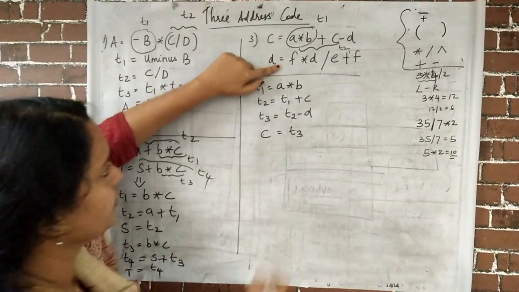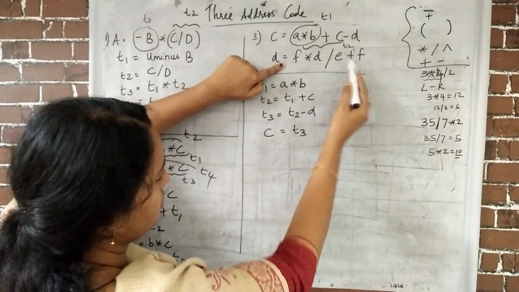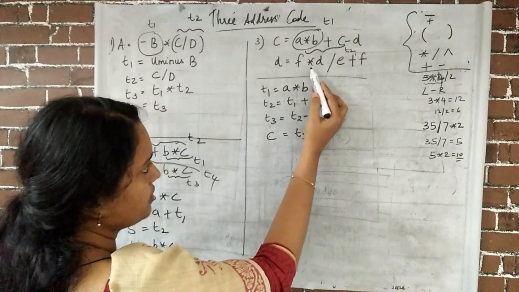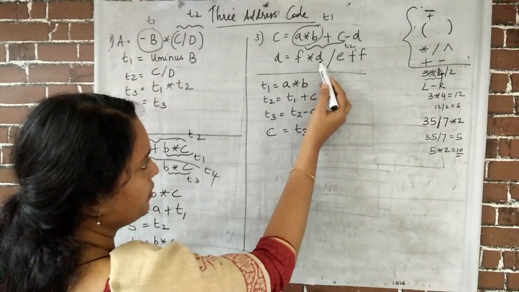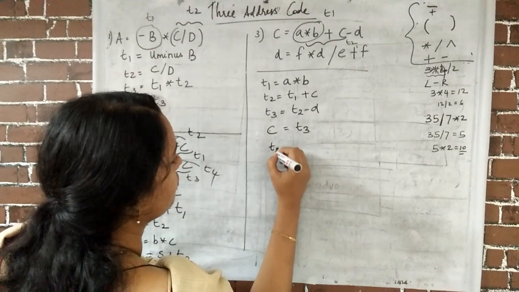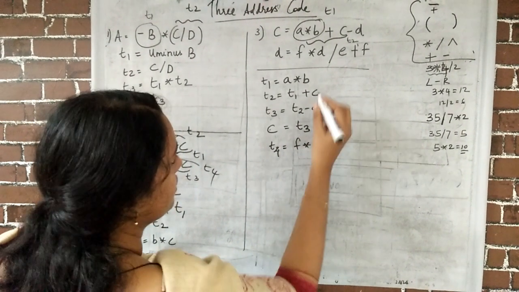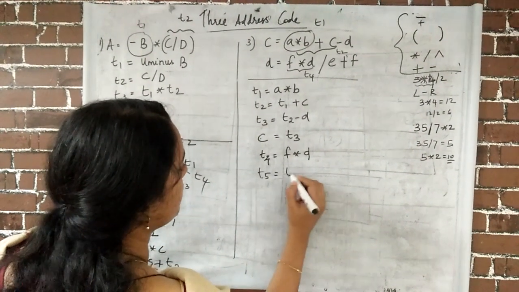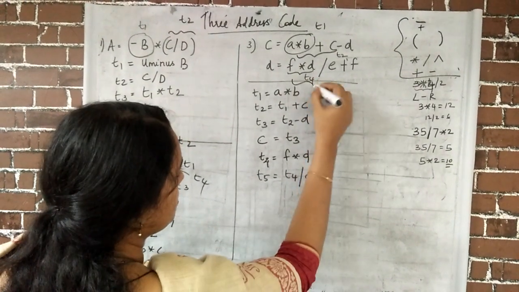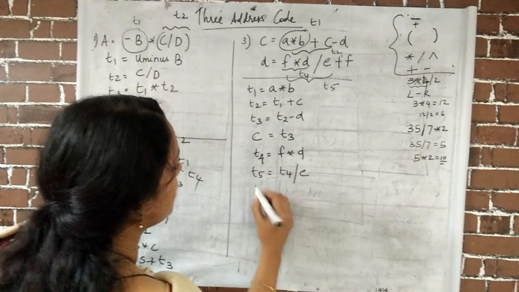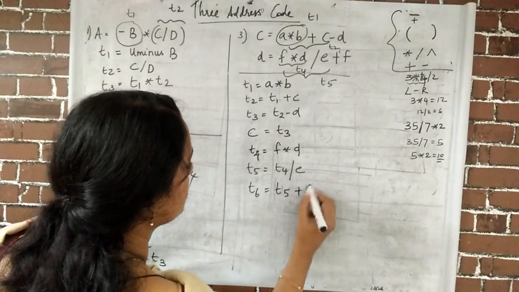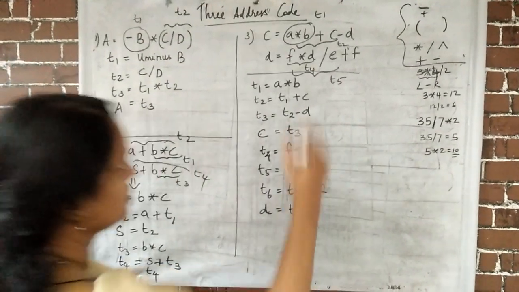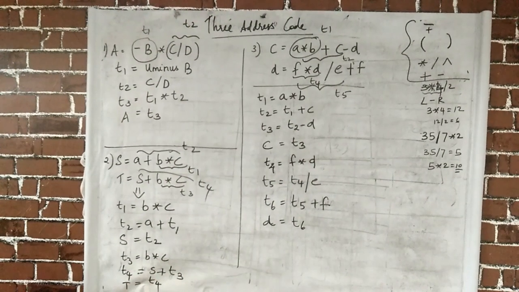Consider this statement. Here you have star operation, division operation and plus operation. Here star and division is having same precedence. So while following the left to right associativity, what we have to do first, we have to compute F star D, right? So T4 is equal to F star D. Okay, so this result is now available in T4. Next we have to do T5 is equal to T4 by E. So the result up to here is available in T5 now. Now T6 is equal to T5 plus F, and the entire result is given to the left hand side variable. Okay, so this is the three address code for this particular statement.